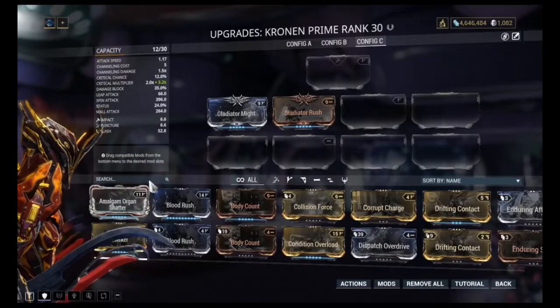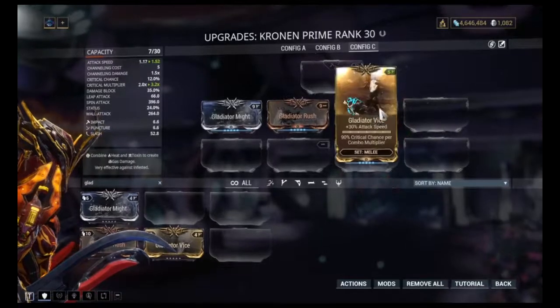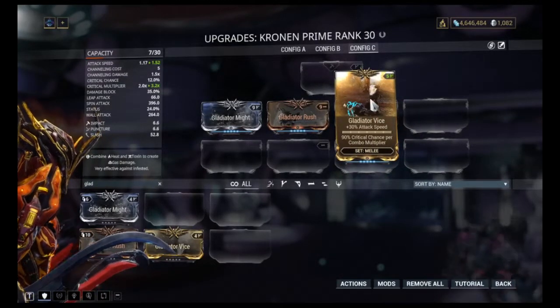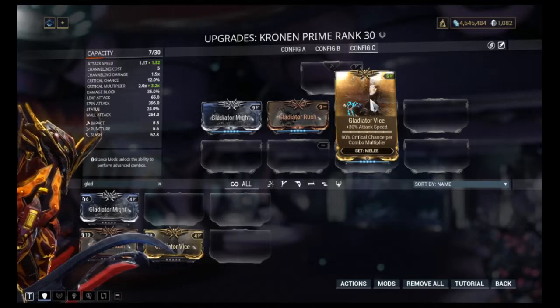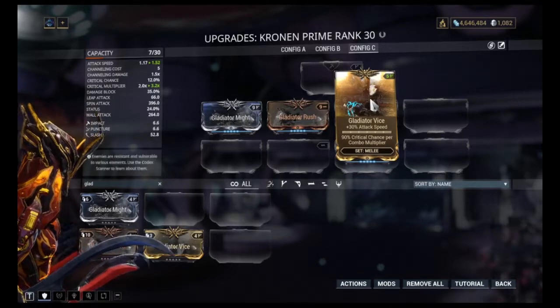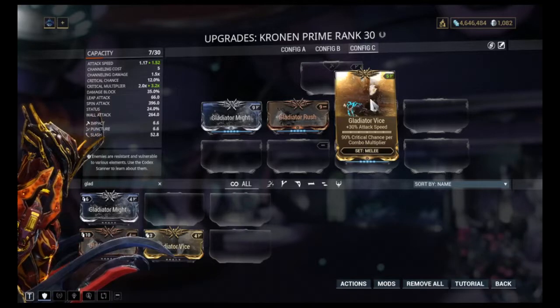Now the last Gladiator mod we're going to talk about is Vice. Vice provides 30% attack speed. It makes your weapon swing faster. That's pretty self-explanatory. This one I say is pretty good and worth using if